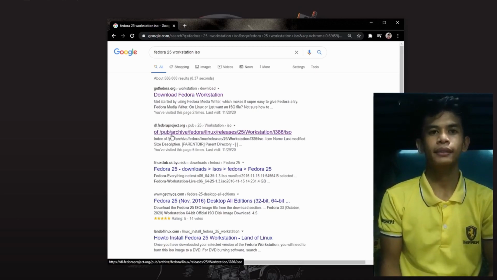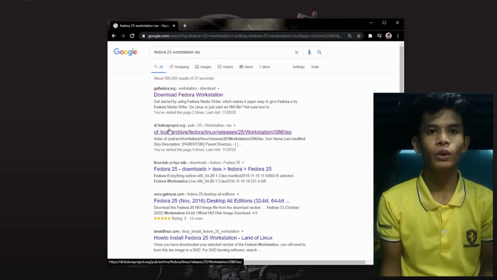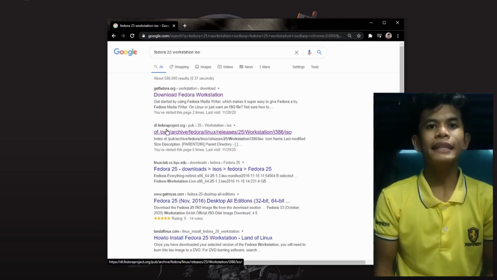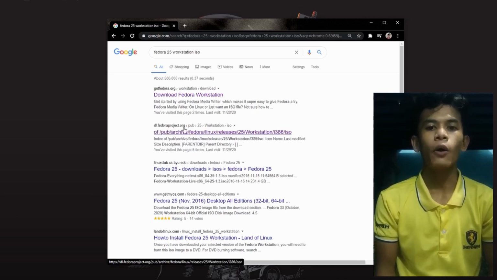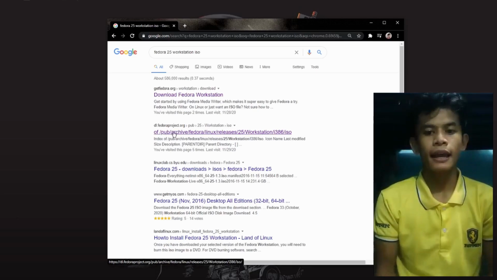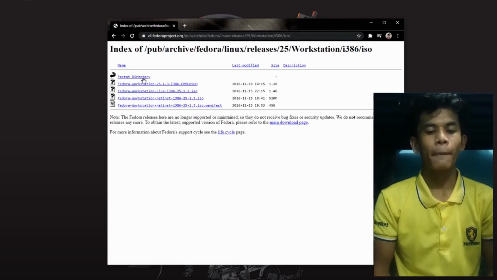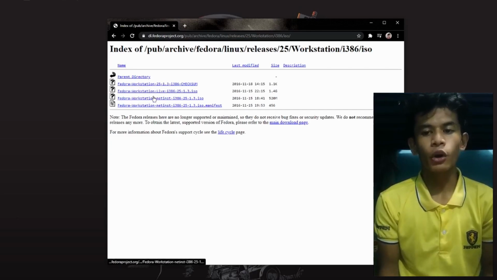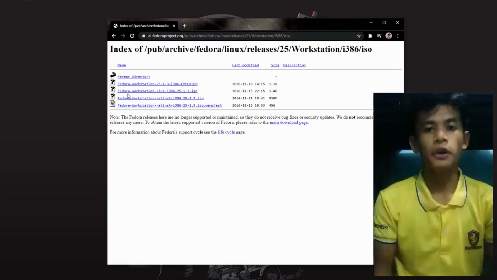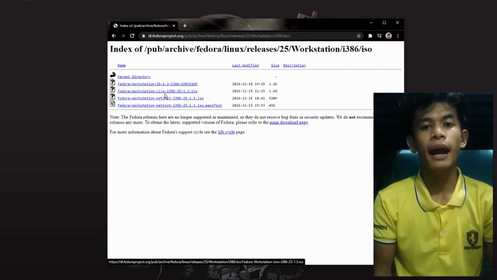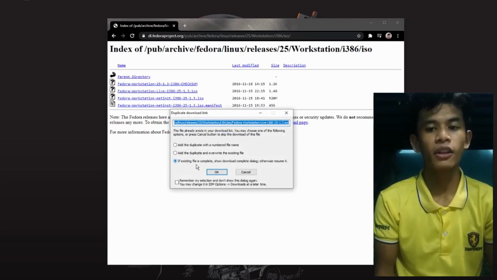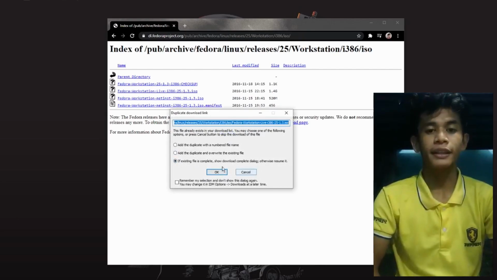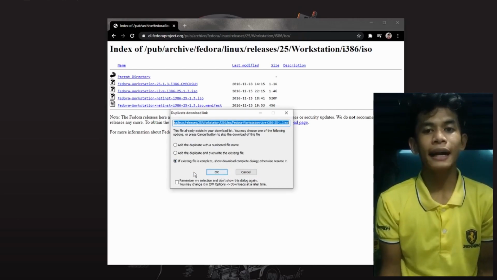dl.fedoraproject.org. The reason why we are downloading an older version of Fedora Workstation here is that it is archived and not downloadable on the official website. So just proceed to the website. Here we have 5 options, and for this video we're going to choose the Fedora Workstation Live ISO file. And as you can see, we have an existing file prepared on our operating system, so we will cancel this